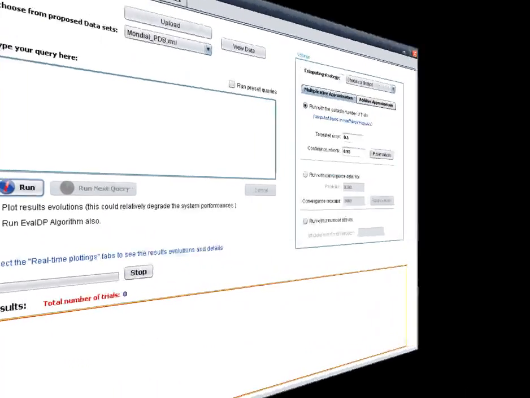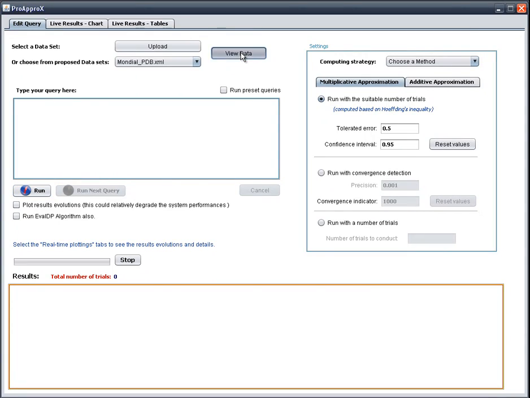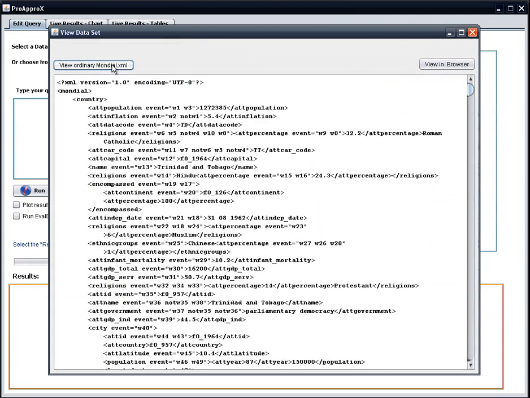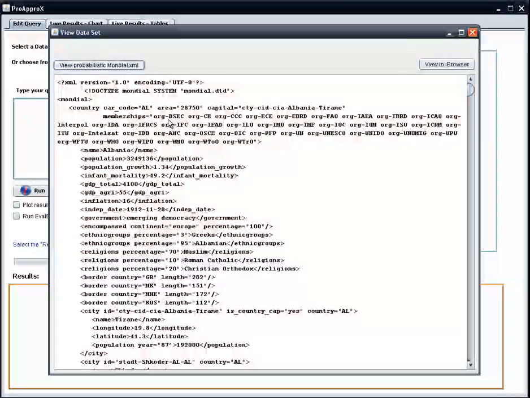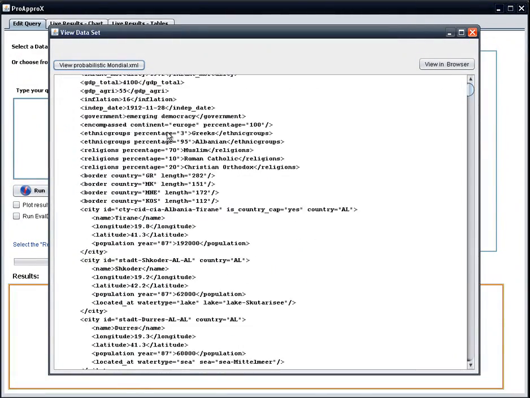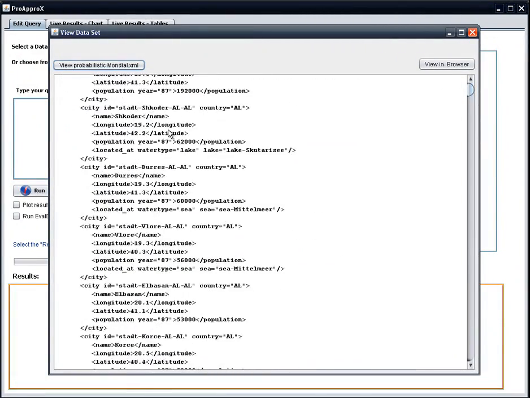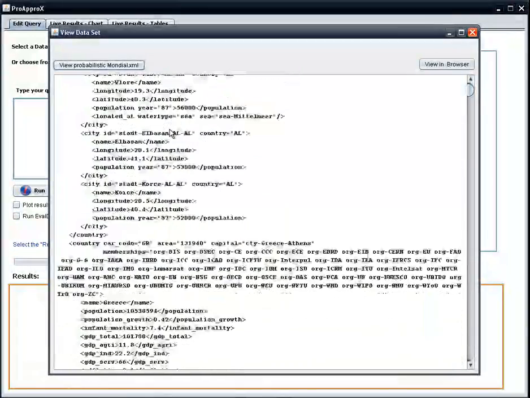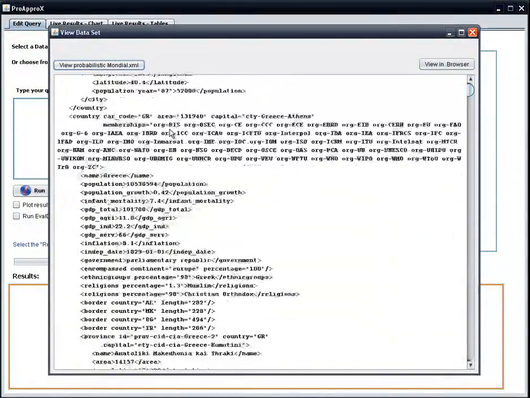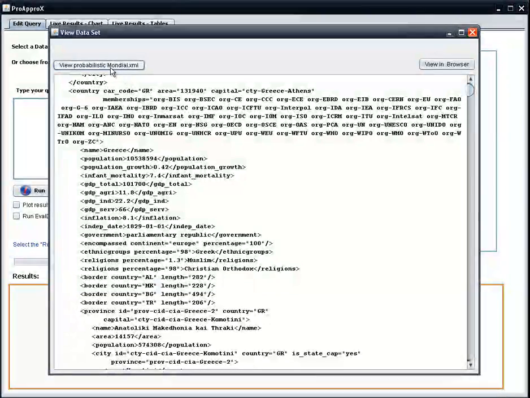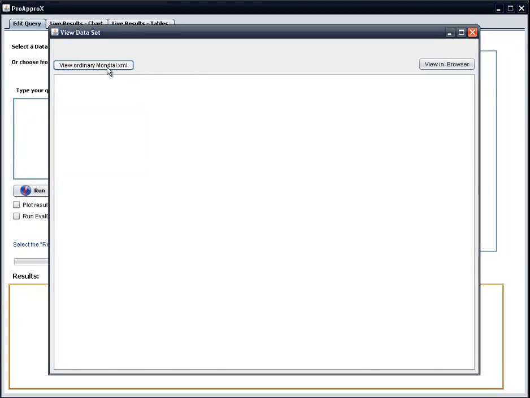Let's begin by presenting the Mondial dataset on which experiments were run. This XML file stores information about countries and has around 124,000 nodes, and compared to other popular XML databases, it is quite deep. In order to test the performance of FLTP, the authors implemented a randomized algorithm that transforms an ordinary XML document